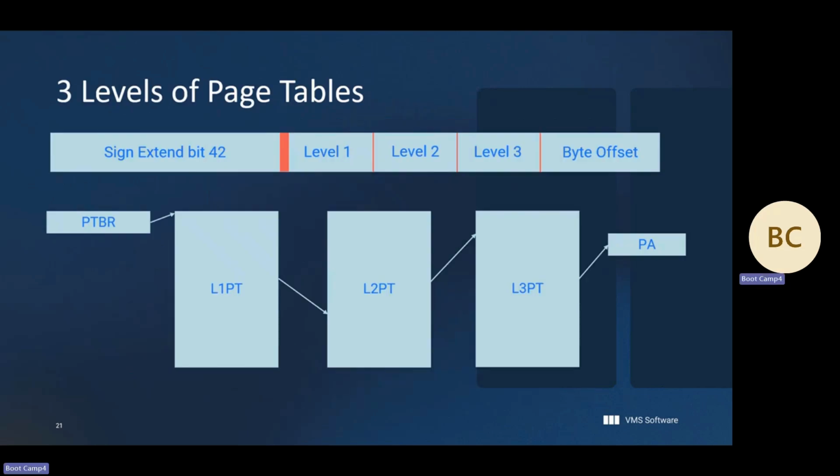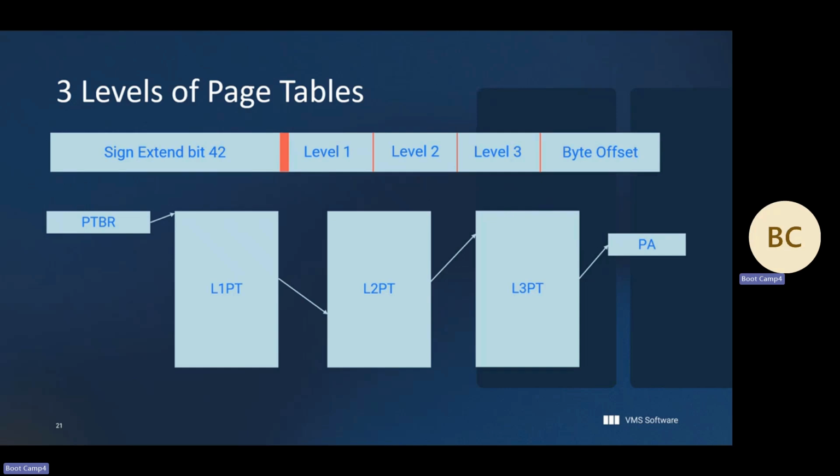So the way this works, there is a processor register called PTBR, which contains the physical address of the level 1 page table. The byte offset is 13 bits. Each of these segments is 10 bits. And then here's the stuff that has to be 0 or 1. So this part of the virtual address is used as an index into this page table.